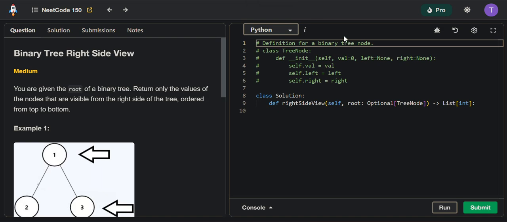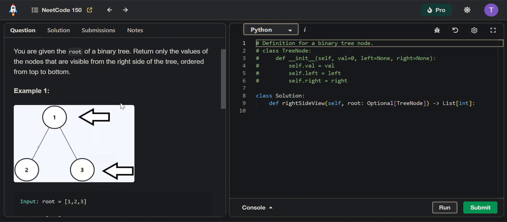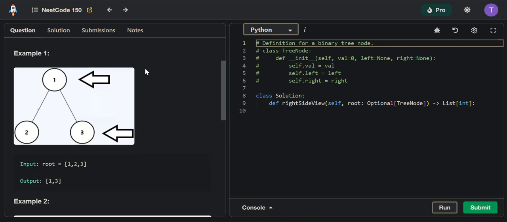On 54 of Neetcode 150, binary tree right side view. Alright, so we are getting a root of a binary tree, and we have to only return the values that can be seen from an observer that stands from the right of that binary tree. Okay, so for example, if I stand to the right of this binary tree, and also let's say that I